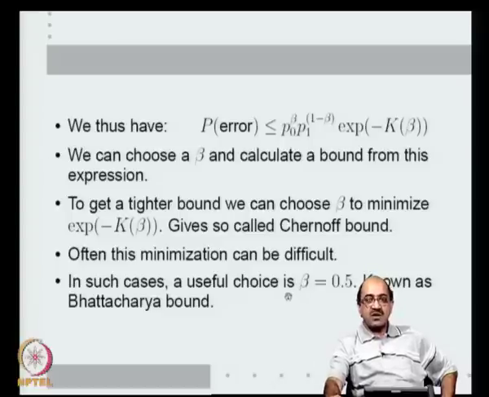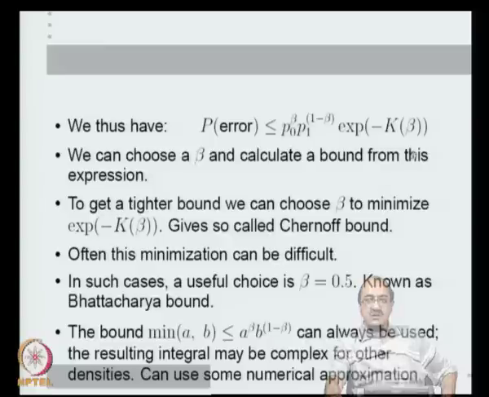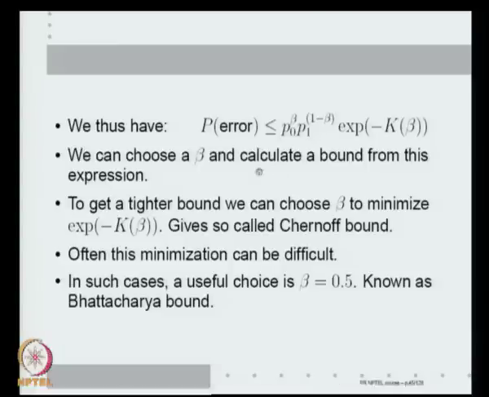Okay. There is another bound on the Bayes error. In general this bound can always be used, though for general class conditional densities I will not have this exponential of minus k beta, I will have that actual integral, and we need to know how to evaluate it. But even for normal class conditional densities, as you can see, we can only bound the Bayes error. It is not easy to actually compute the Bayes error. But this is one way in which I can estimate the Bayes error, either using Chernoff bounds or the Bhattacharyya bound.